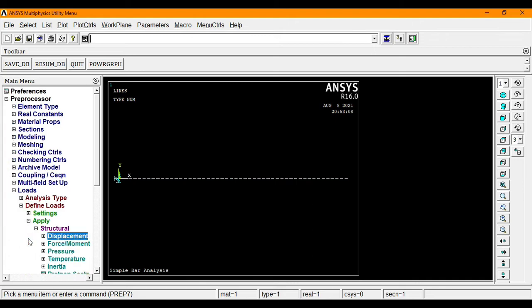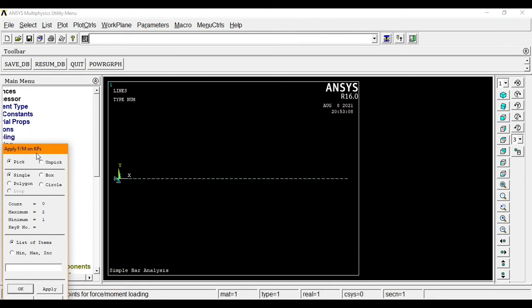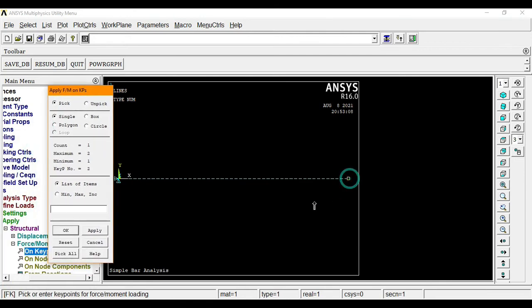Now we shall enter the tensile load which is acting at this end of the bar as per the problem statement. For that, select structural force on key points again and select the last key point on which the tensile load of 1000 newtons is acting.